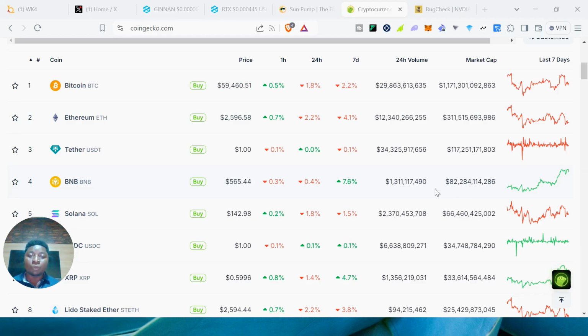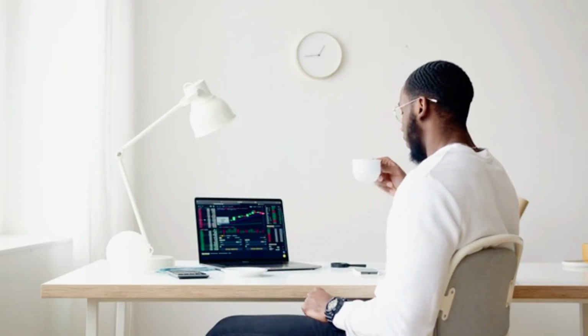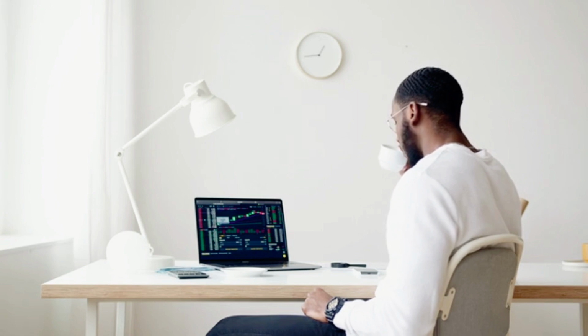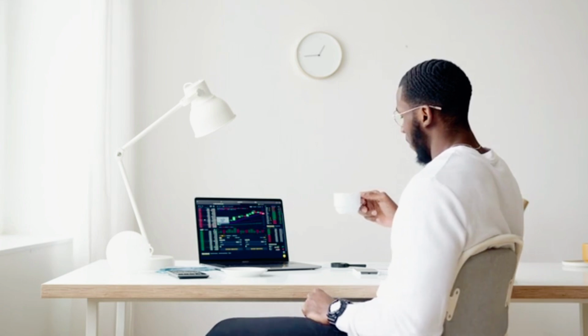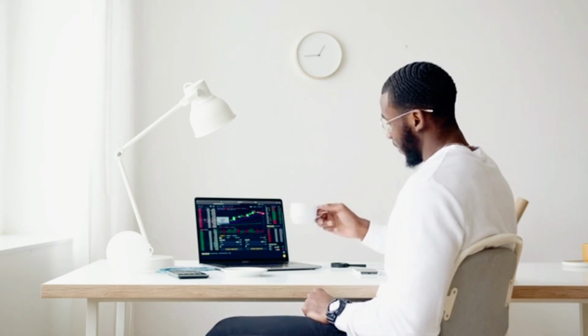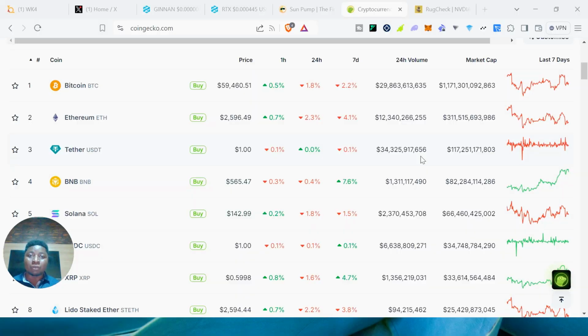So to do this, we'll be looking at three things. We'll be looking at the tools that you need. We'll be looking at a step-by-step guide on how to analyze the risk level of any crypto project, whether meme coin or other crypto project, and I'll be demonstrating and showing you how to analyze the results of such a check of a particular meme coin. All right, so the tools you need, the first is a platform called